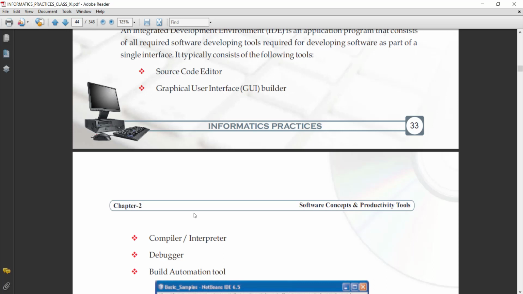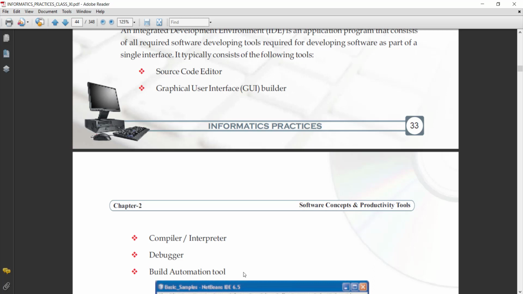Next is debugger. I think you know the debugger. What is the debugger? A debugger is for the debugging process. What is debugging? I think you all know. Debugging is an error removing process. So that debugging is also provided in the IDE, and a build automation tool also.